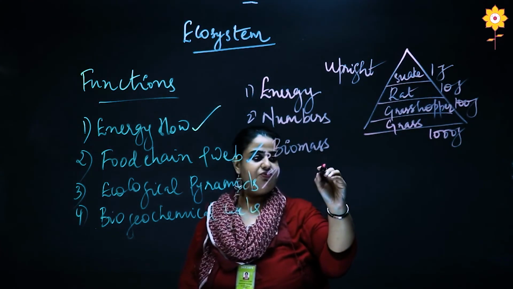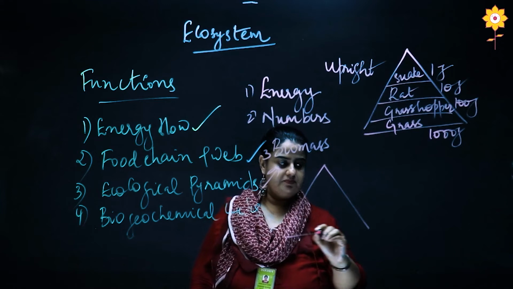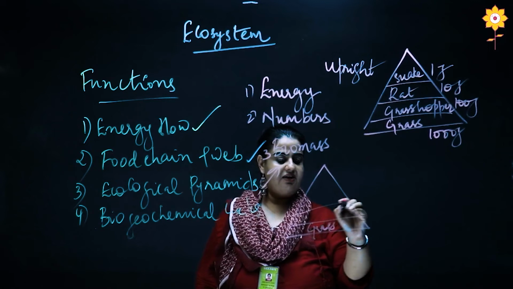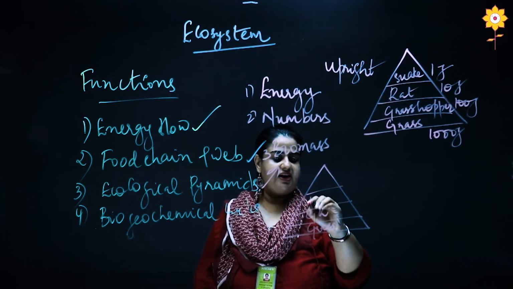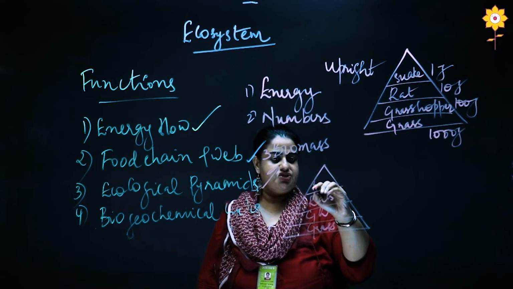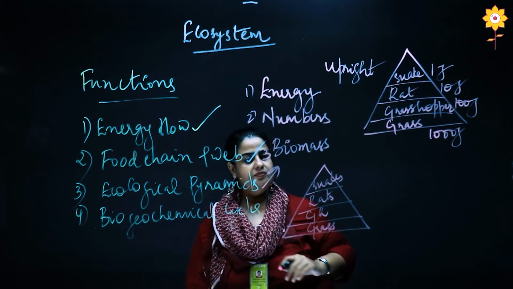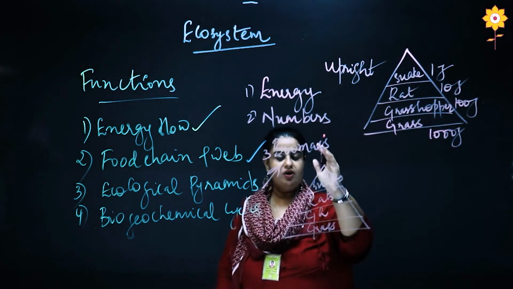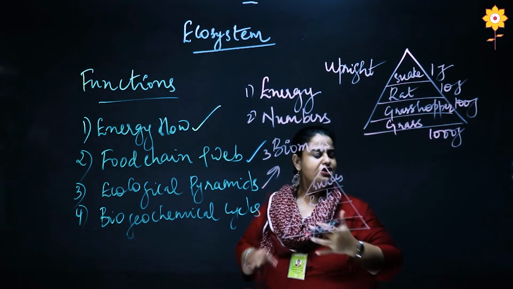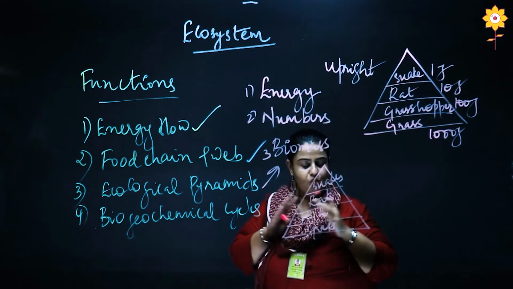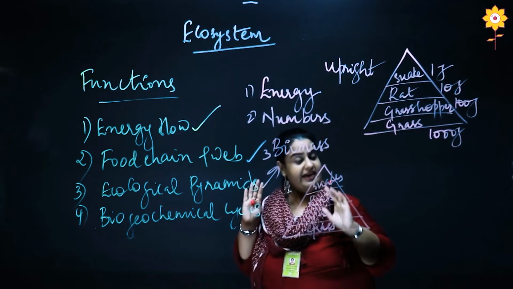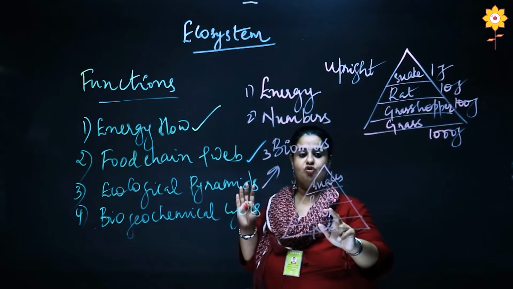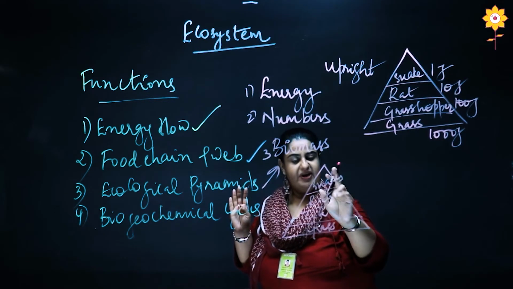Now let us shift our focus to numbers. A similar structure where I'll have grass, I'll have grasshopper, I'll have rats and snakes. We all know in simple terms how the number of these organisms exist. Grass, too many in number. Number is too high to count. Grasshopper, it is very high but lesser than the number of grass. Rats, high but lesser than grasshoppers. Snakes, high but lesser than rats.